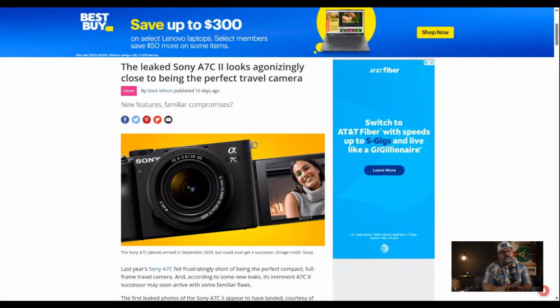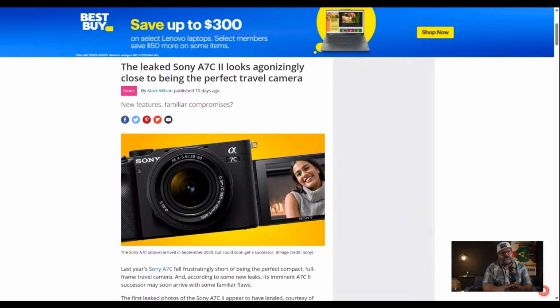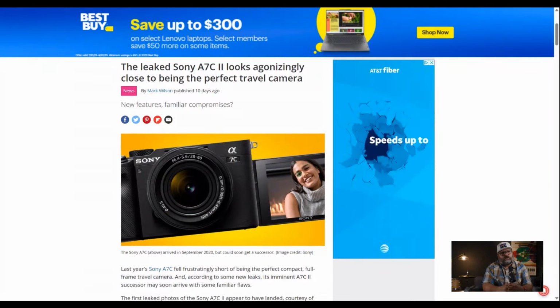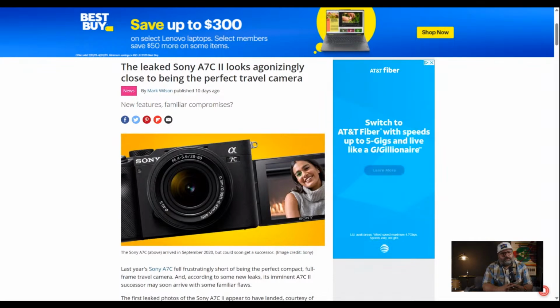Especially since the only thing I really have against the A7 IV, and I owned one for a while that I used side by side as a backup camera to the A1,